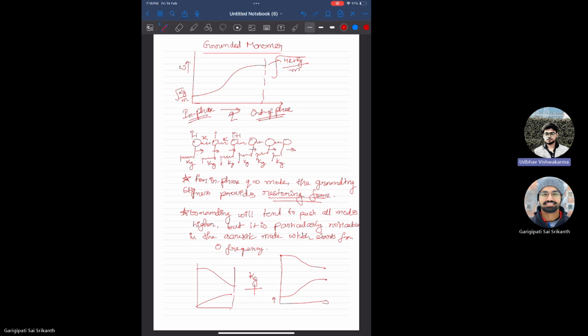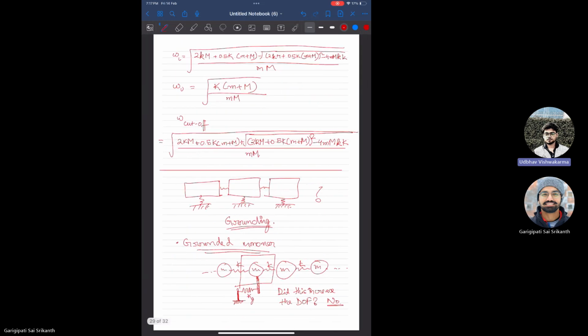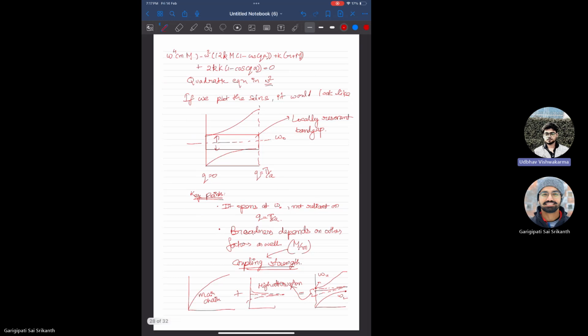The mass is negative for some. I think I missed that profile thing. Yeah, I think we have to look into that. But I'm assuming it will be that attenuation profile. So typically what we discussed was that if the omega naught